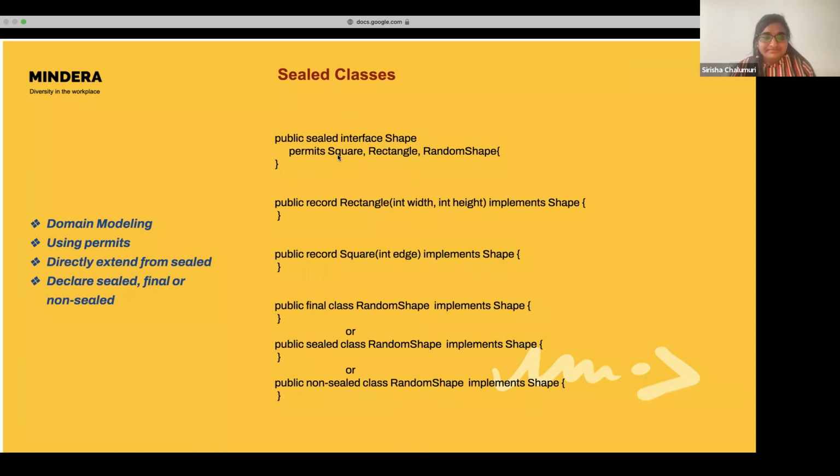Usually for the interface we specify sealed, and then we provide permits, listing whichever classes we want to give permission to this interface, like permits Square, Rectangle, RandomShape. These are the classes I was creating. For these three classes, I'm giving permission to implement it. The records are by default final. If it is in the same class file, we don't need to mention final or anything like that. But if it is in different class files, and usually every class will be in a different class file,